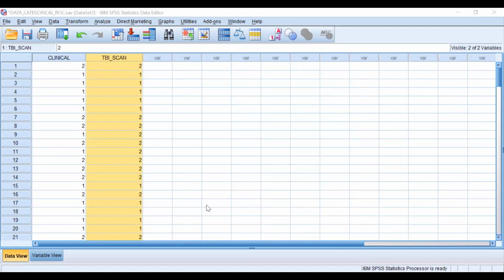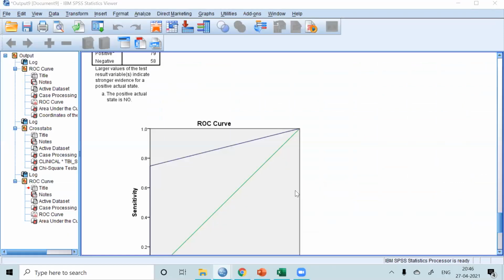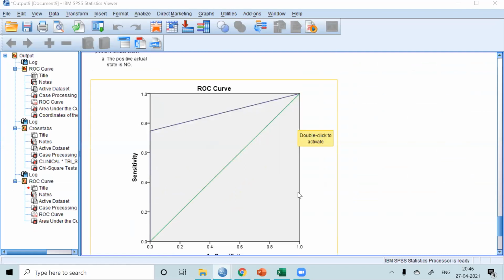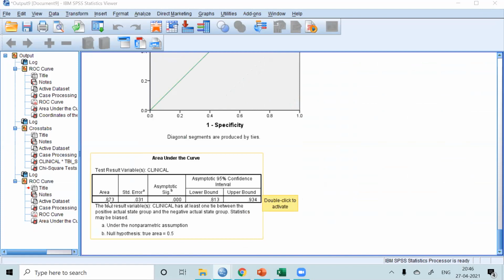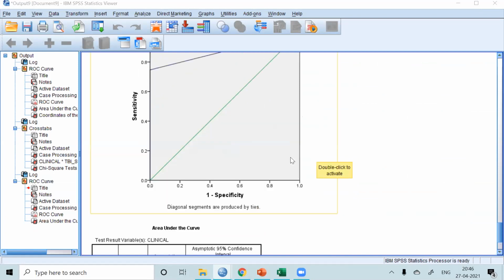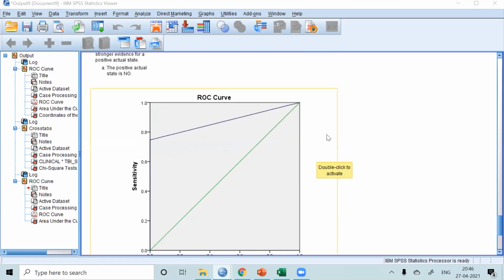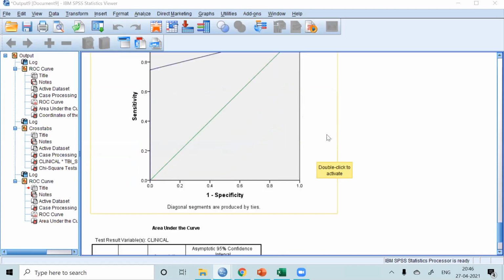Okay, so I'll share the results now. In the same way, you will get the area under the curve here also. Here it is 87.3%. So we can say clinical results are also good.